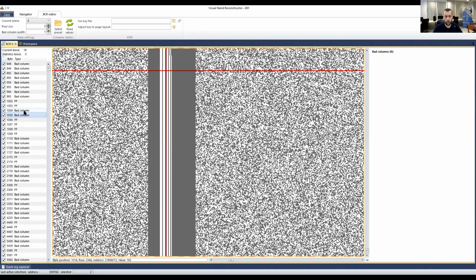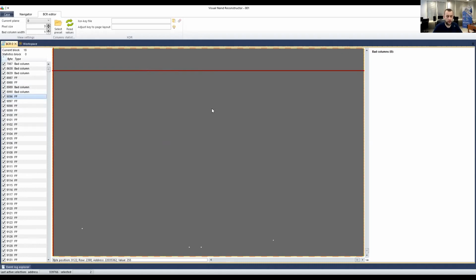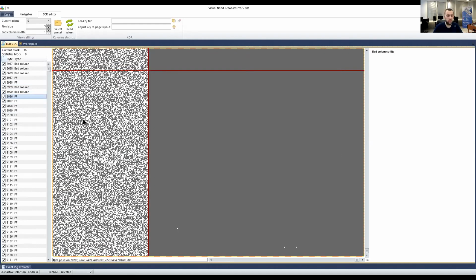And yeah. So by mistake, or not really by mistake, because we did just one step, and now we have to do the second one. It was detected as bad column. And also, if you scroll down all the way to the end, you're going to get a bunch of FFs at the end. Well, they also selected, like, well, not bad column, but FFs. Right? So do we need those FFs? Do we need to add those as bad column? Surely not, because this is not bad column. This is just FFs. So, but can we actually use this